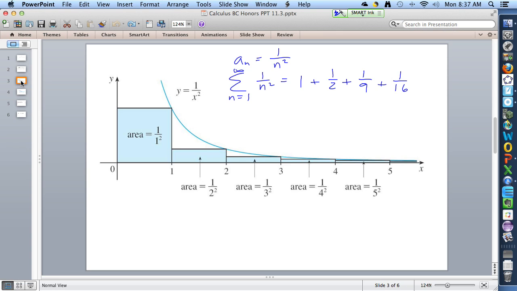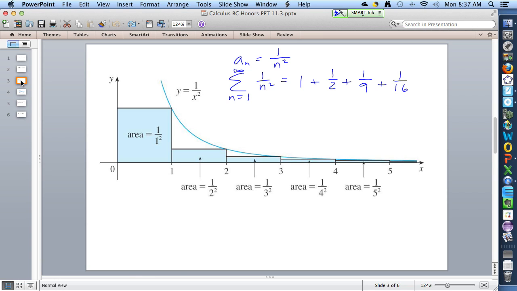Is it geometric? What are we multiplying by each time? Geometric means you have to tell me exactly what we're multiplying by, like a third, a fifth, 10. No, it's not geometric. We're not multiplying by the same thing each time. So I can't use the geometric series test. But